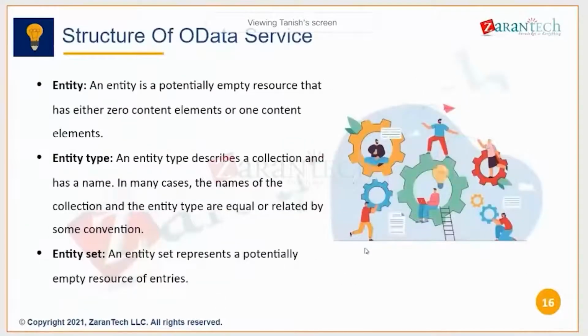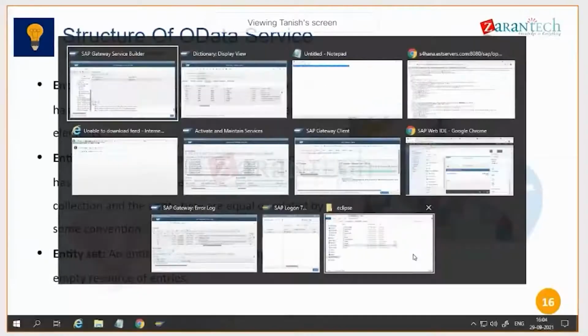And these are the components of the structure of OData services. You have entity, entity type, and entity set. So what is the difference between entity and entity set? Basically, this is what people get confused about, but try to differentiate this one. An entity is a potentially empty resource that has either zero content elements or one content element. Okay. So if we compare with the project structure here,